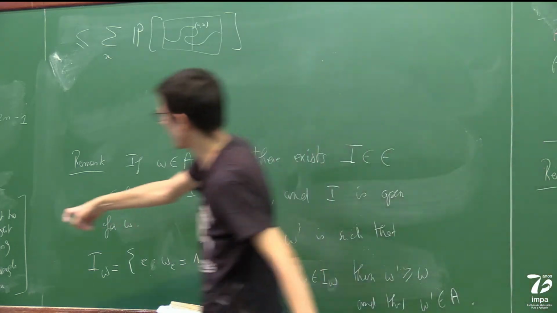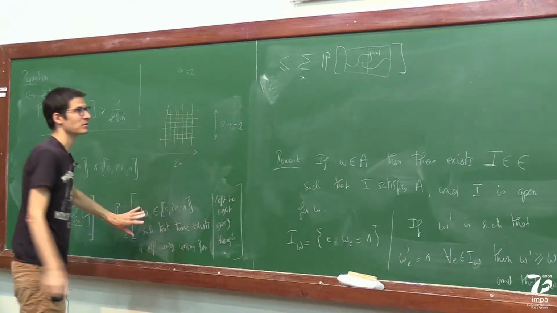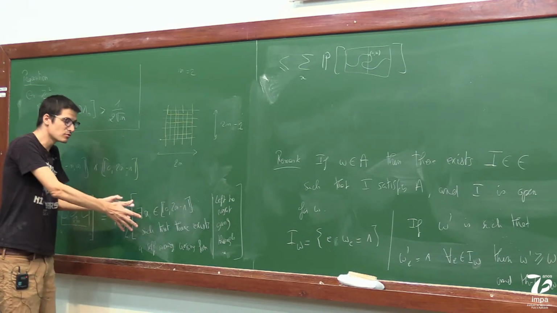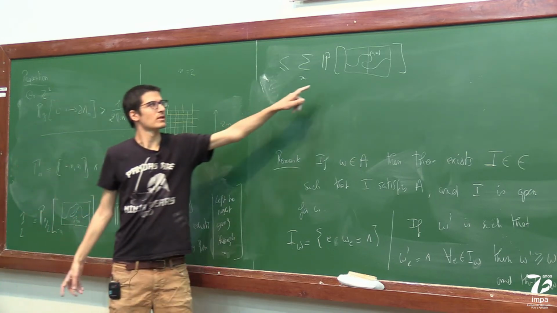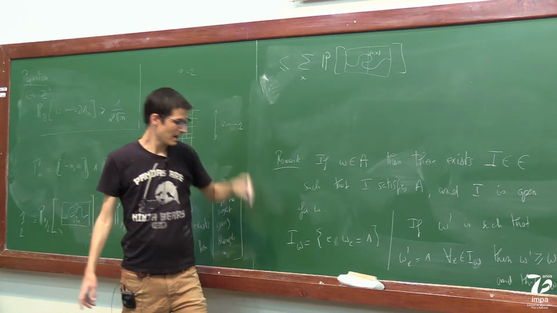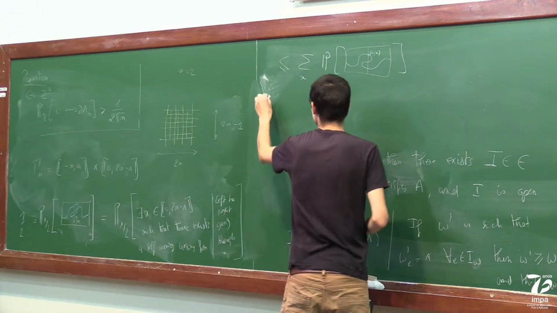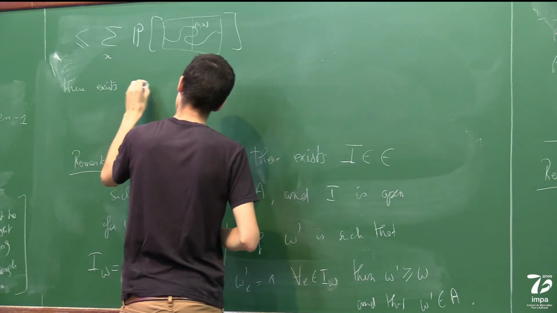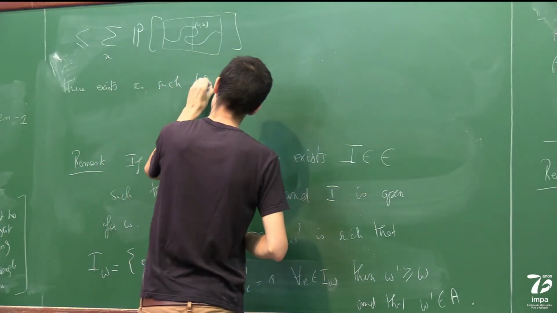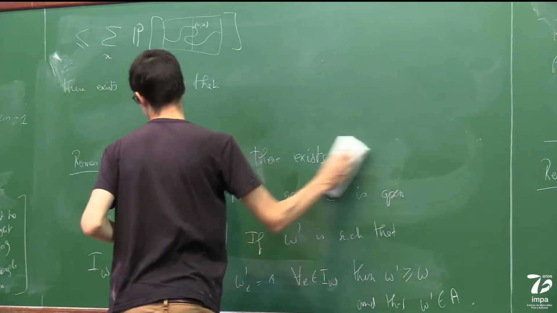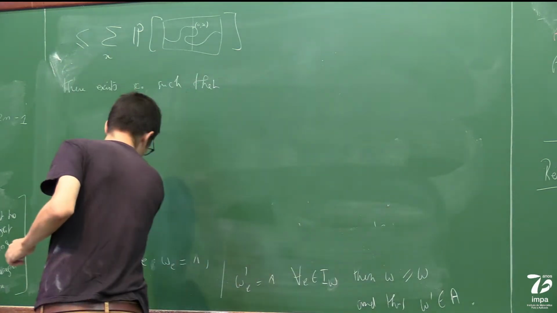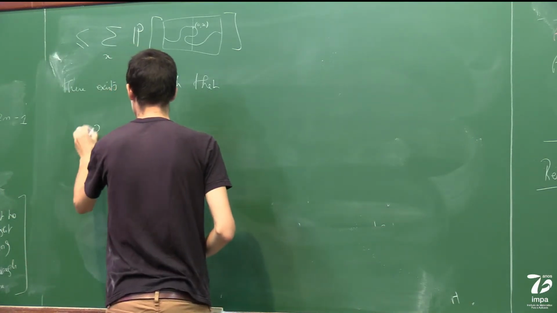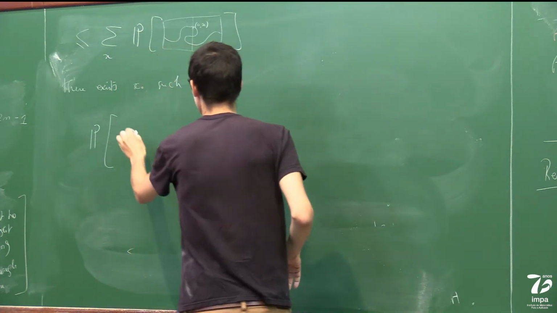I've just rewritten this event without the quantificator. This is a union over x, so I can use a union bound. And now what I have is that there exists x0 such that the probability of